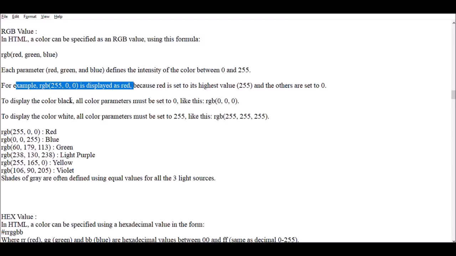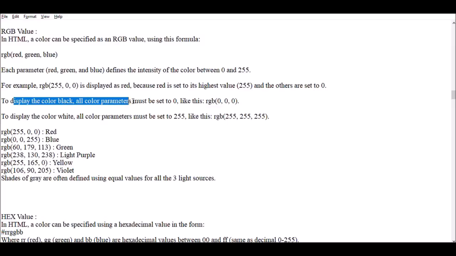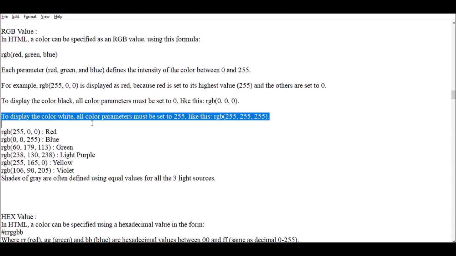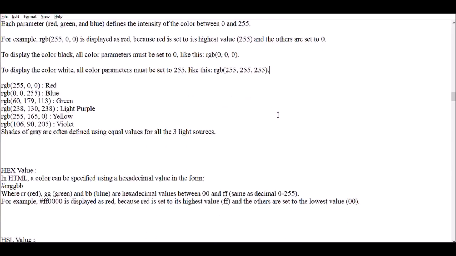If we want to display the color black, then we set all the values to 0, like RGB 0. If we want to display the color white, then we must set all the parameters to the maximum, 255. This is red, green, blue.